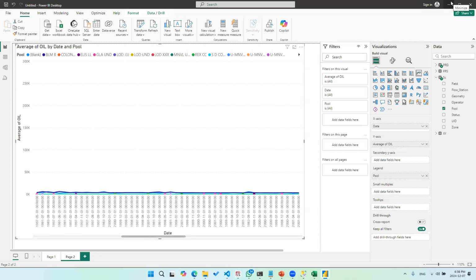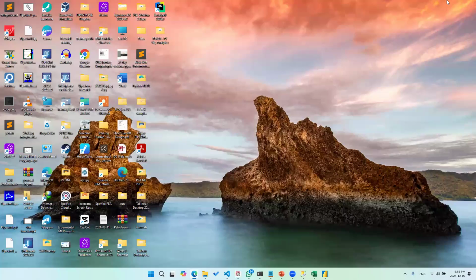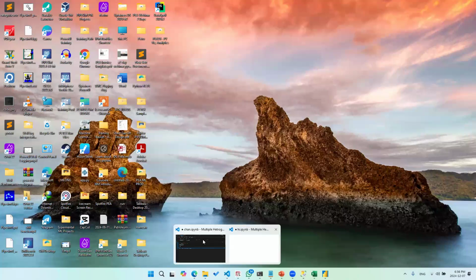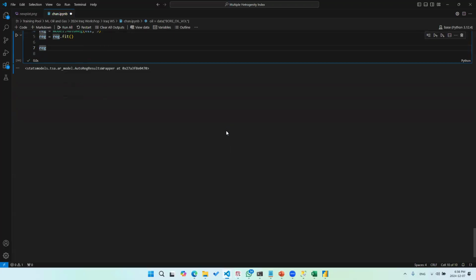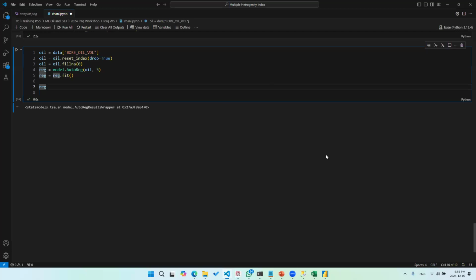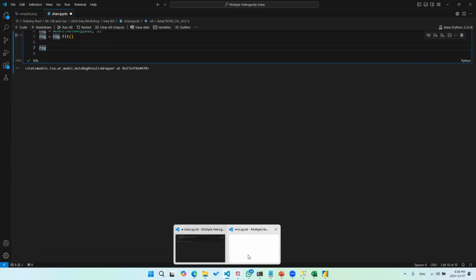Okay, so let's say this is the first part of the session. Let me show you now how you can create solutions around Python. That was Power BI and SQL. Of course, everything is connected in data science and data analysis. Let me show you how we can create a solution in Python. In Python, you can do lots and lots of things, by the way. Let me show you one of the things that you usually do.